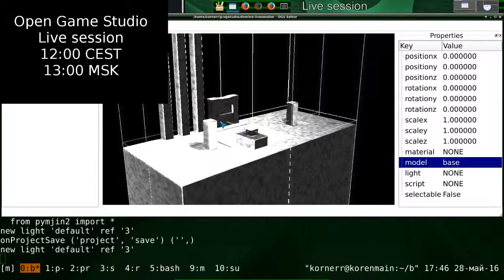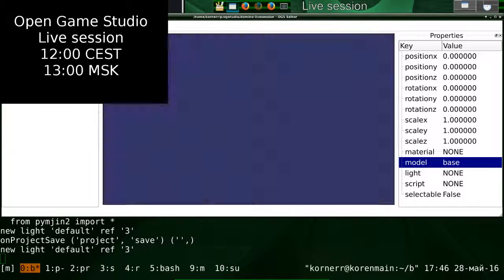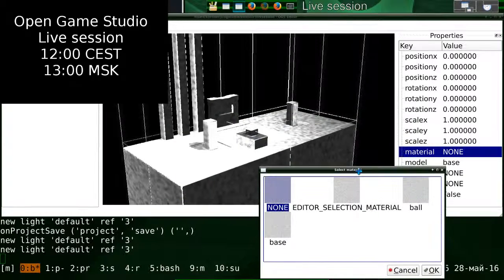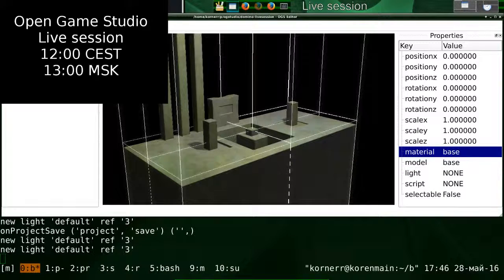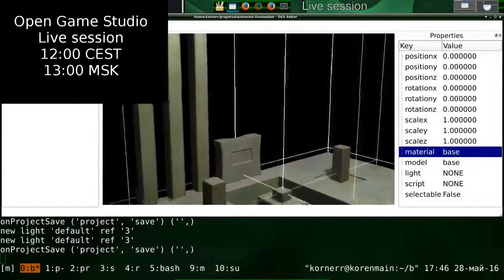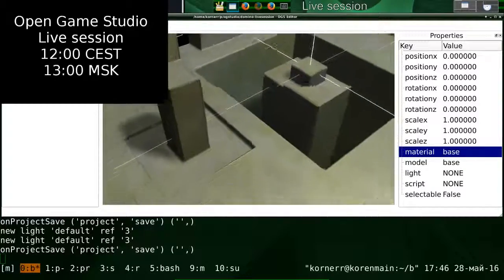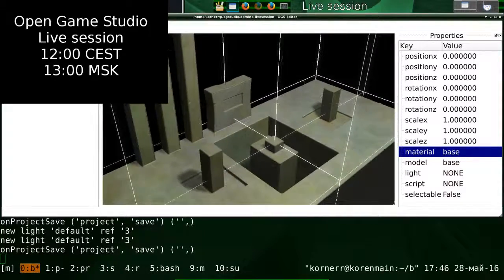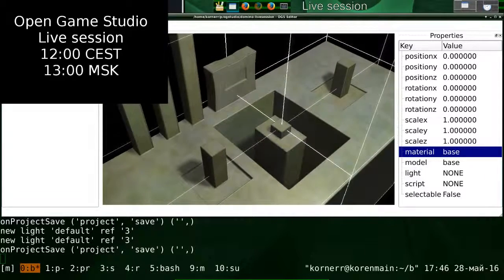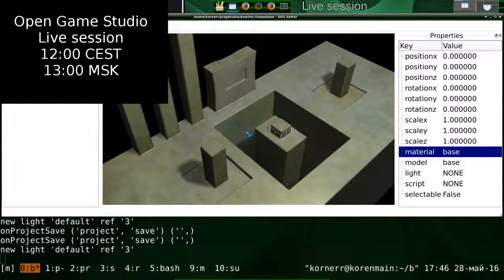Now go back here, reload and select material to base. As you can see, lighting is correct now because normal map and diffuse map are used, so it is a lot better. Okay, let's save camera position as this. Reopen. Okay, now what we need to do is